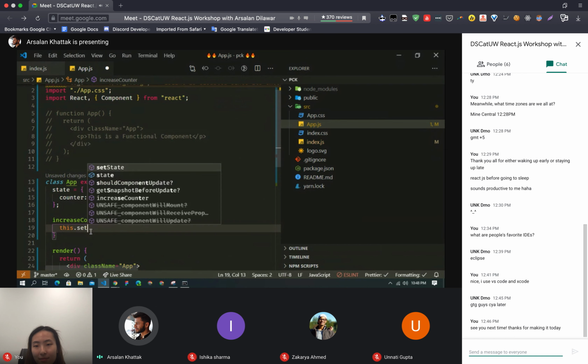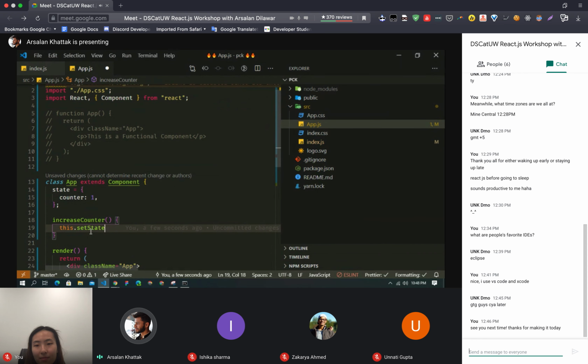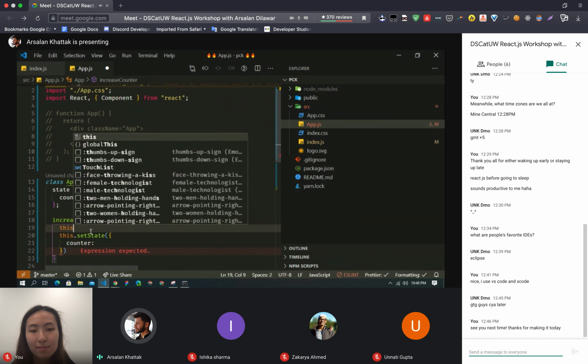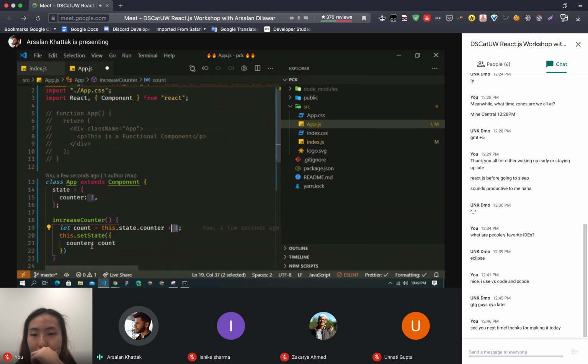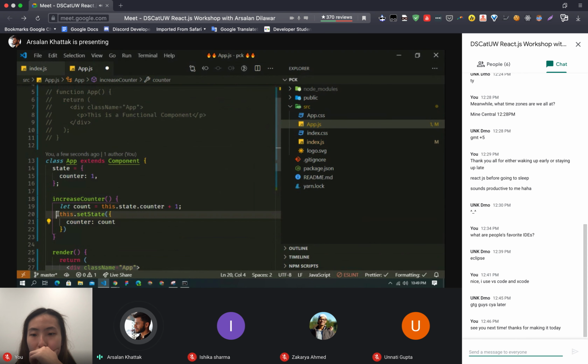Because this is something that you need to change asynchronously, React provides you a function that is known as setState. So here you need to do this dot setState, and then pass in an object where you can do counter, and let's actually take this counter here. So count, and this dot state dot counter. So it is showing the current value, and then we will do count, and this will be actually plus 1. So every time this function is called, it will take the value of the counter, add 1 to that, and then update the counter. So this is our asynchronous function.